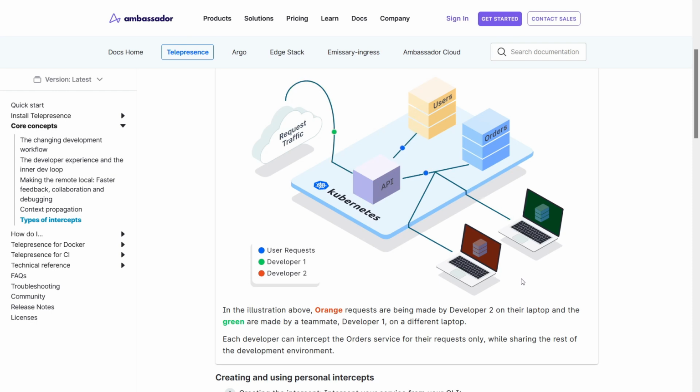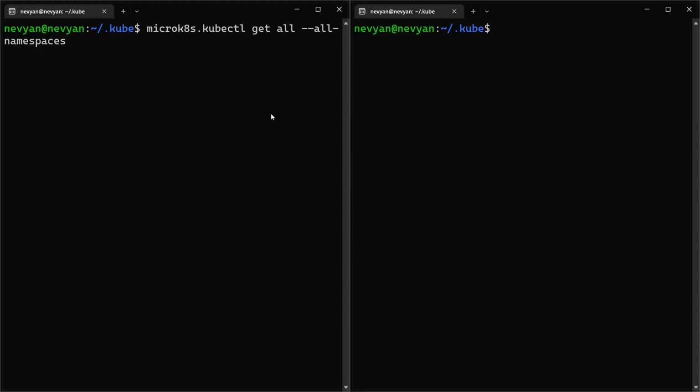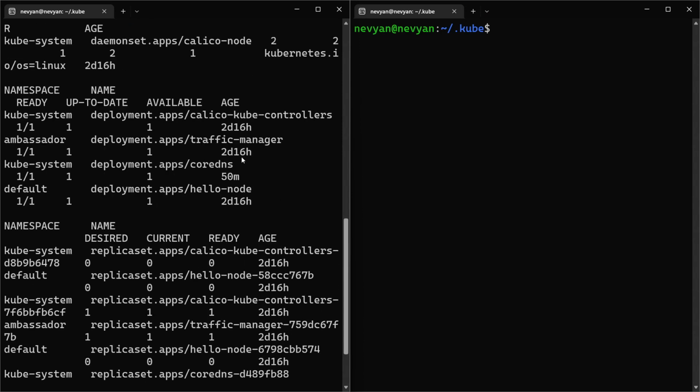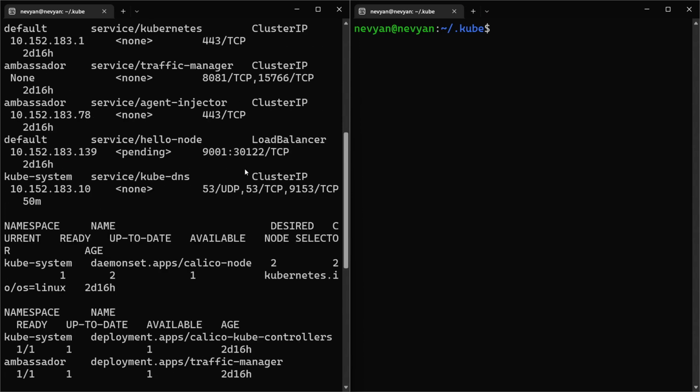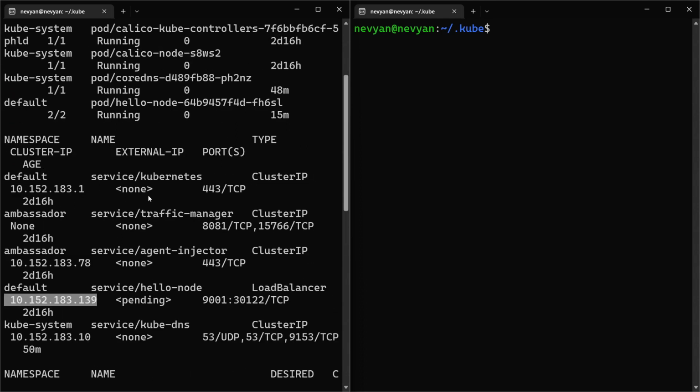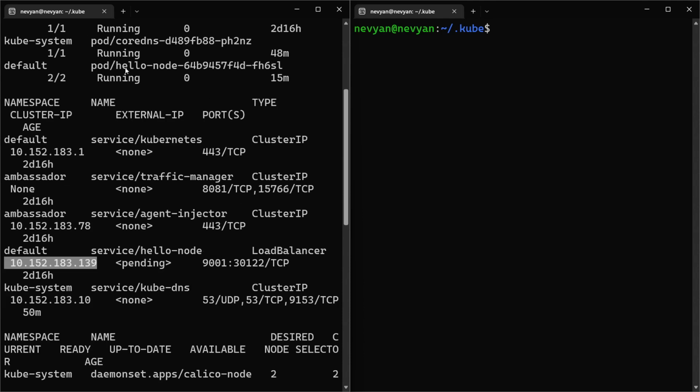So let's see the demonstration of this on a server where we have already installed and connected Telepresence to our local Microk8s distribution. Okay, here as a demonstration, on the left hand side we have our locally installed cluster, and we have one service which is called hello node, and it's of type load balancer, exposing our pod, which is also a hello node. So this is running on the cluster, and Telepresence has intercepted exactly this running service on